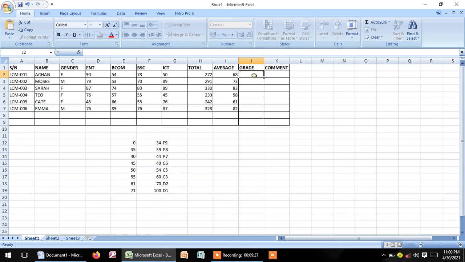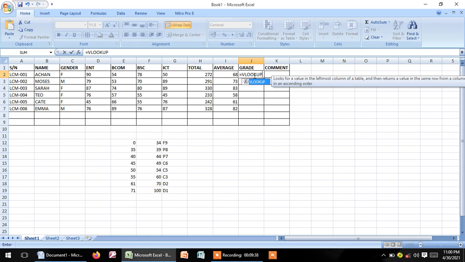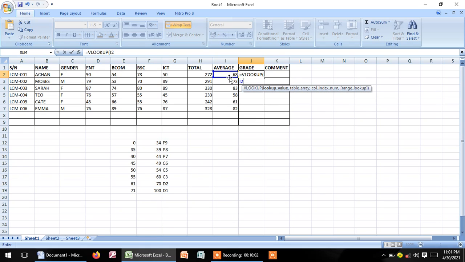So we are going to use it here to calculate our VLOOKUP. As usual, we always begin with the equal sign and we say VLOOKUP. You open the brackets. Then after opening the brackets, you ask it for the lookup value. The lookup value is that value that you're going to base on to come up with your results. So our lookup value we are going to base on is I2. So I'll put I2 as my reference and I'll put a comma.